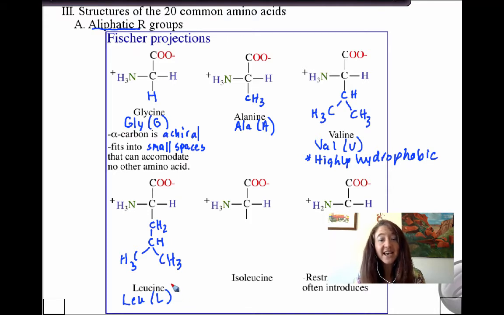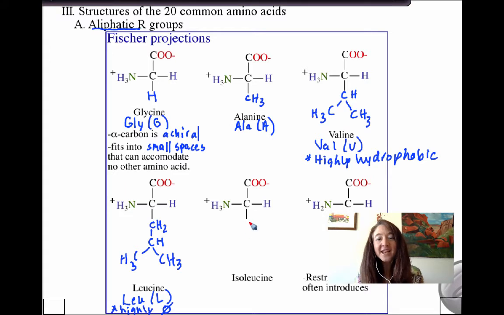Makes a lot of sense. It's another highly hydrophobic amino acid, so we can jot that down. Highly hydrophobic. I have a shorthand that I use for that. I just go like this, with a 0 with a slash through it. It just means highly water hating. No water. No water. So we're gonna leave it at that because it's helpful to have a little bit of